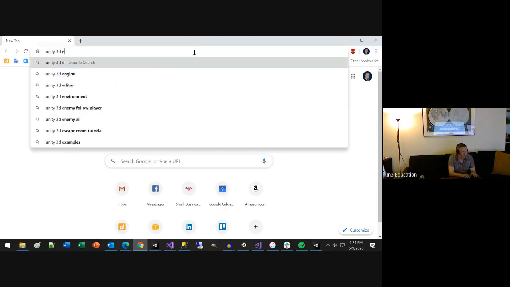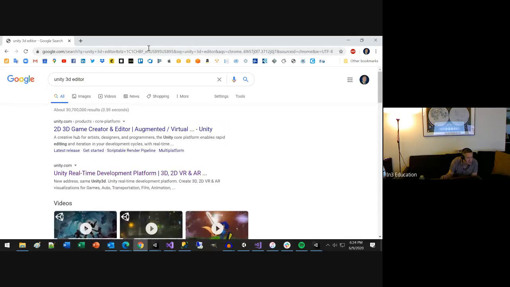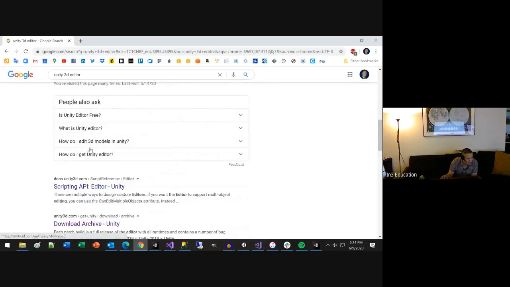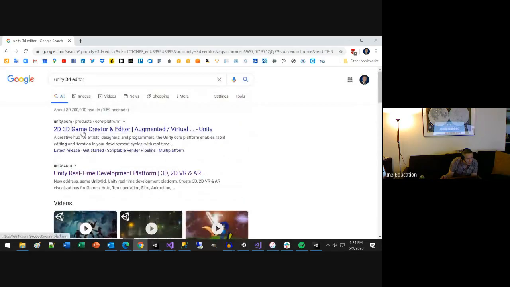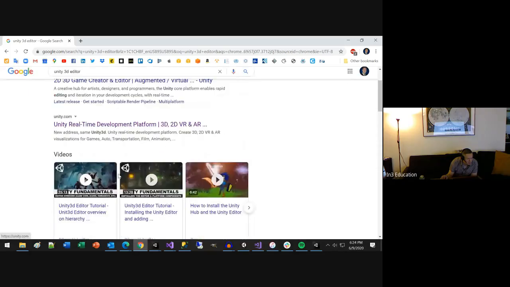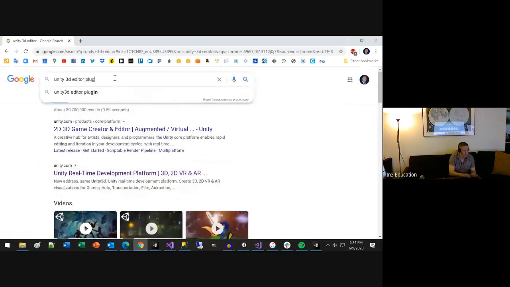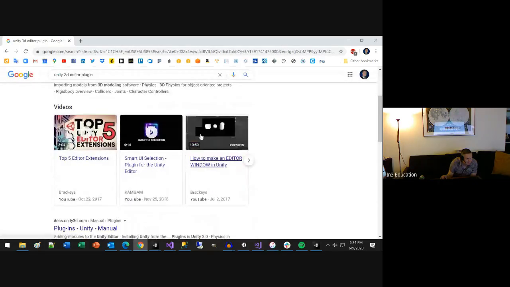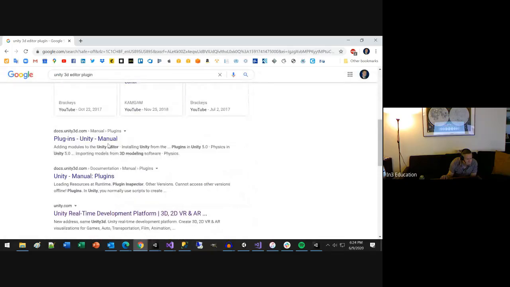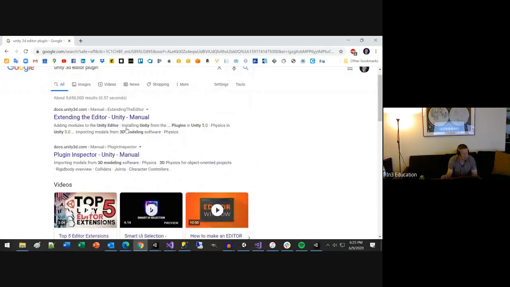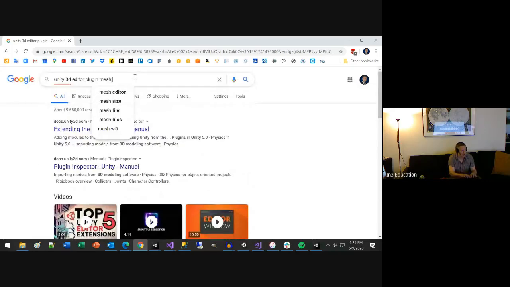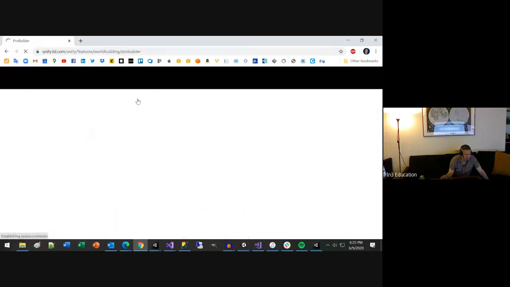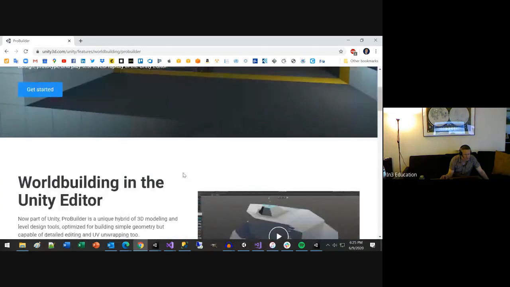Unity 3D editor. The best one is, what's it called? Drawing a blank on the name. I thought it would pop up and I would just recognize it. Maybe it's called Mesh Builder, something like that. It's been a while. Pro Builder. Pro Builder is the